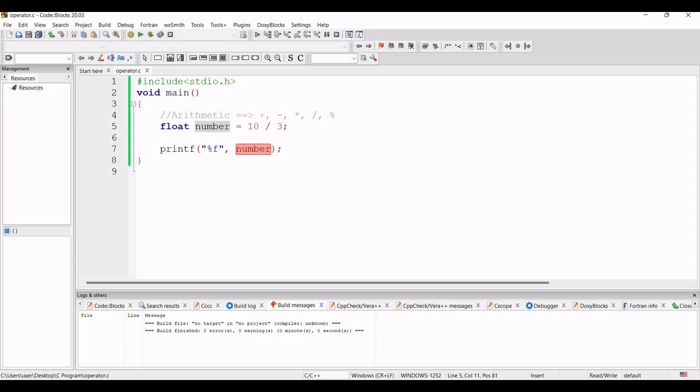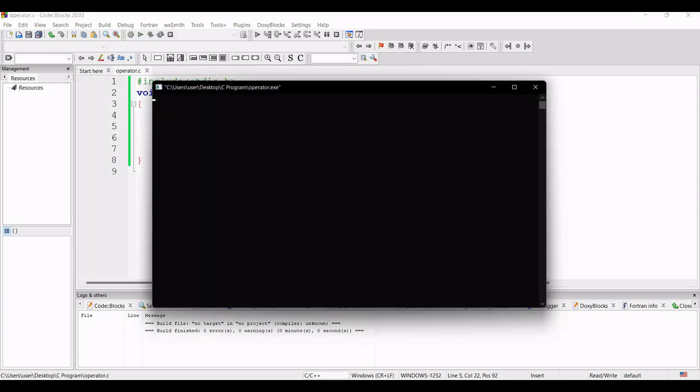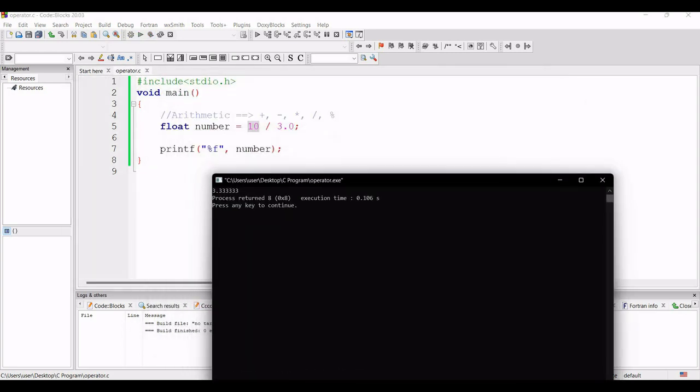So now you will ask, how will I get the total result? At that time we have to convert at least one of these two values to float. Suppose instead of 3 I just give 3.0. Now this becomes float and this is integer. So it will give us the correct result, because here you can see 3.33333.